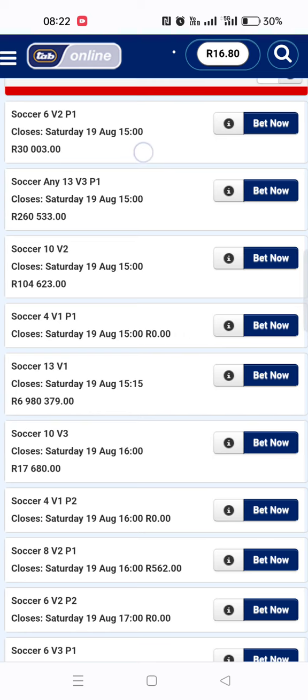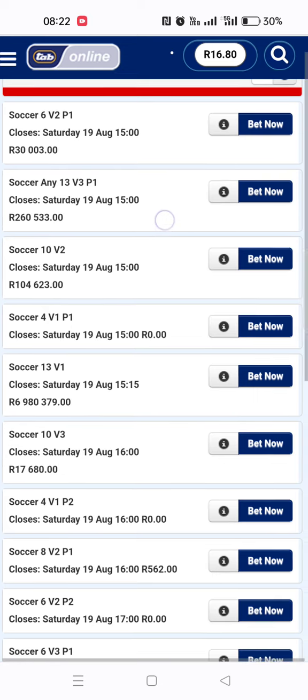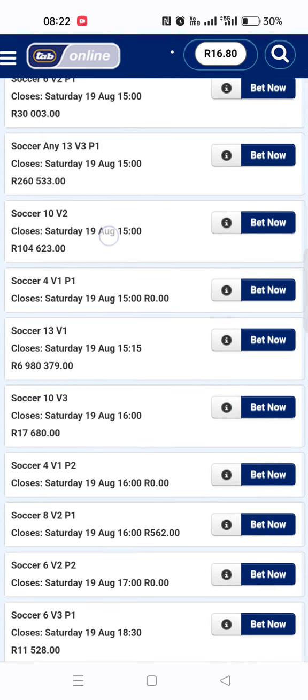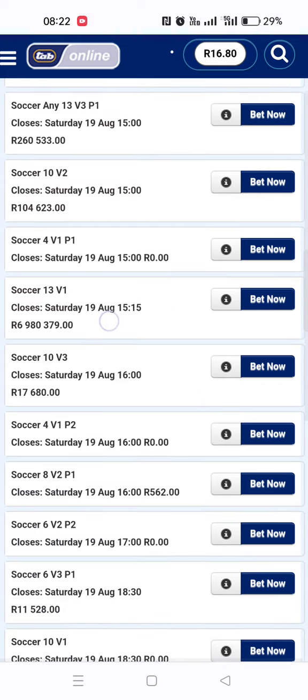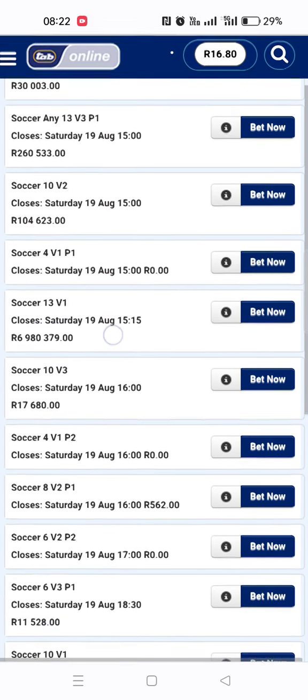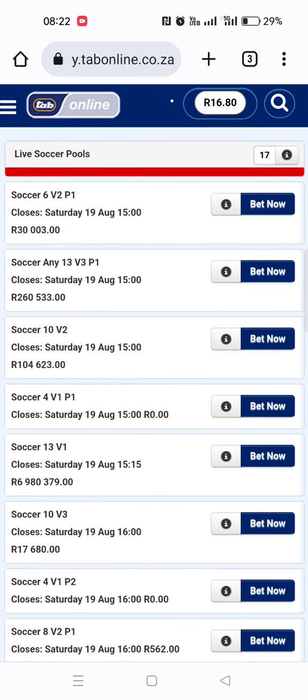You can see there's an event called Soccer 6, an event called Soccer Any 13, and then an event called Soccer 10, an event called Soccer 4, and then an event called Soccer 13, now, not Soccer Any 13. This is different between this and this one. But now let me make an example with one event so that you can get the feel of how things work here. I'll choose this one,